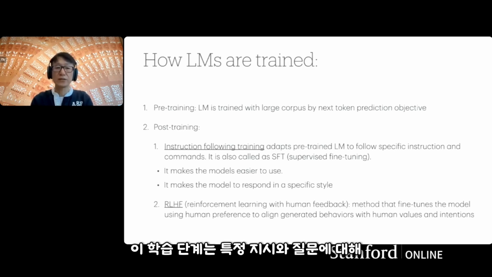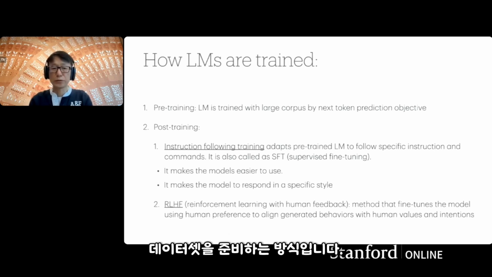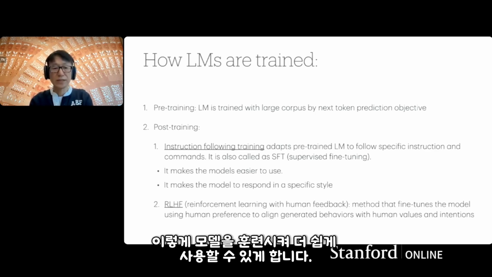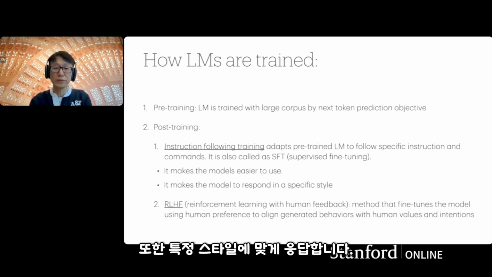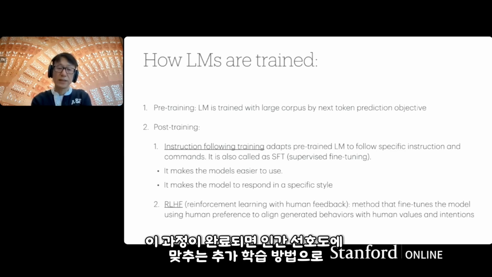What this training stage means is we prepare a data set in such a way that there is a specific instruction or question, and then the answers or generated output that the user would expect, related to the questions and answers. That's how the models are trained so that they are easier to use, and also respond in specific styles. And then once this is done, an additional training method is